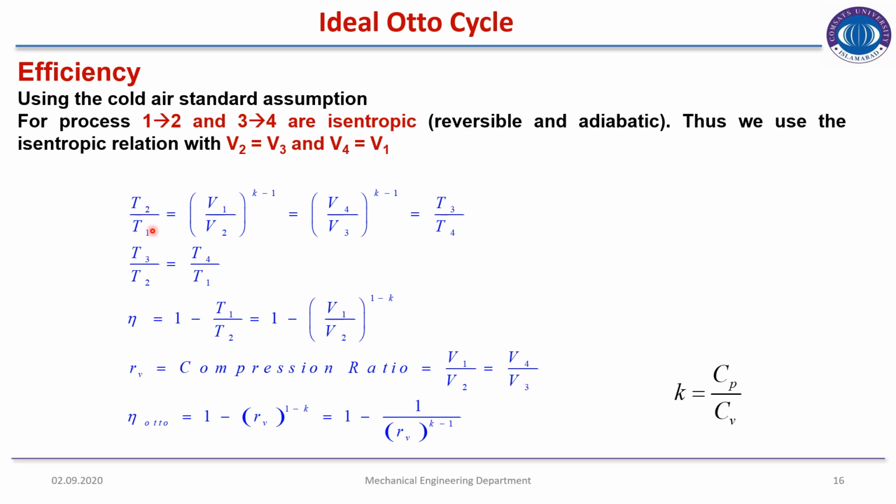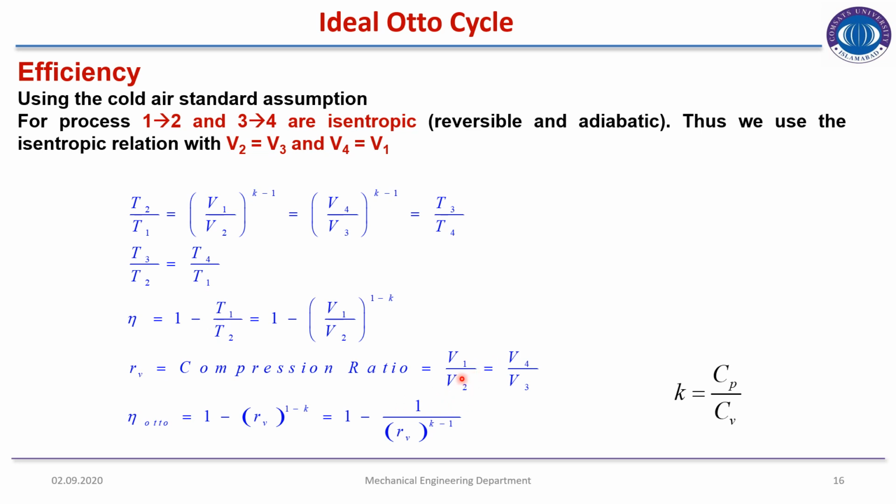Here T1 over T2 is the reciprocal of this, so the efficiency is 1 minus V1 over V2, where the power was K minus 1 and here it is 1 minus K because we have the reciprocal of it. RV is the compression ratio. Here we have represented the compression ratio with RV, so the compression ratio is V1 over V2,